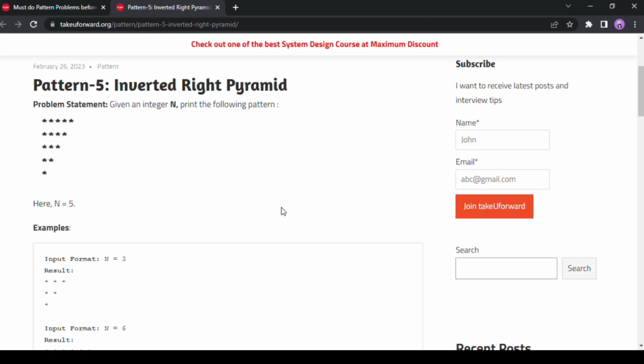So, hello guys, today we are going to solve the question number 5 pattern problem, inverted right pyramid. In the given program, you can see that we have integer n and we have to print the pattern. So, let's figure out the logic behind the pattern. In the given pattern, you can see that we have to print